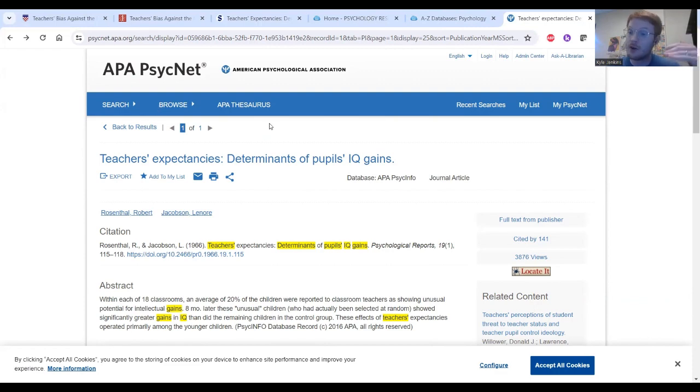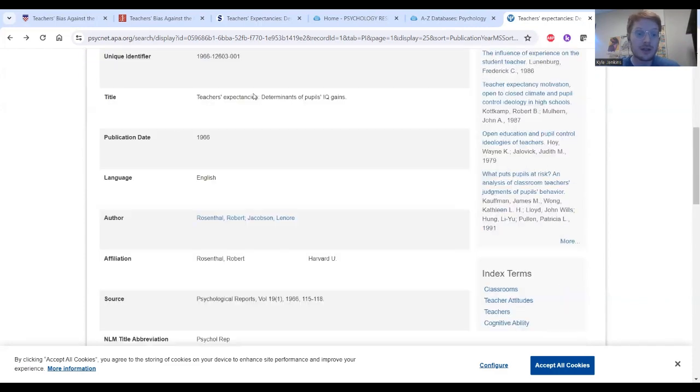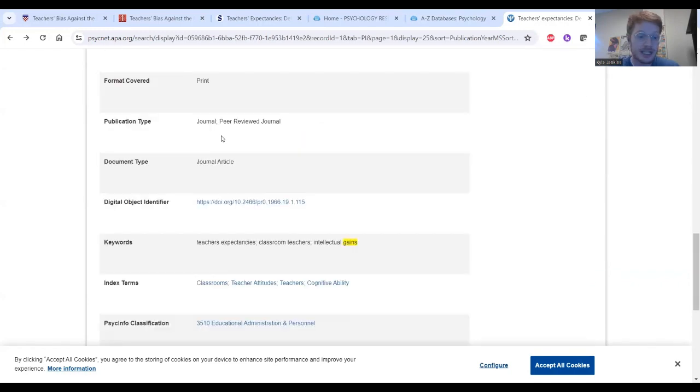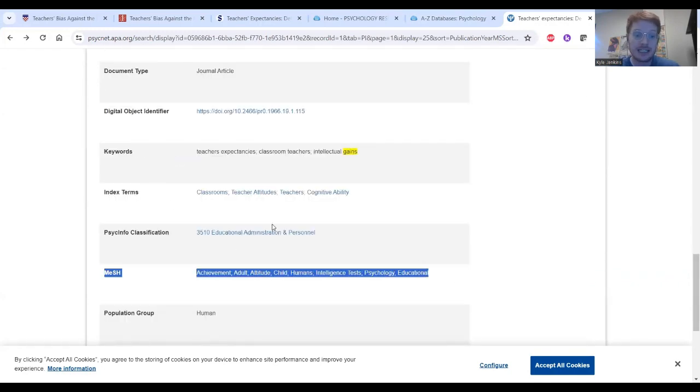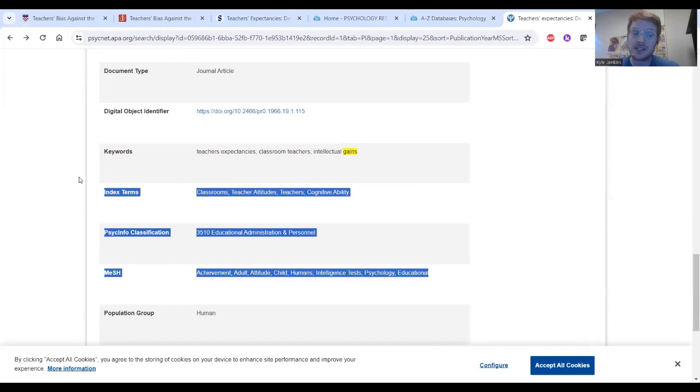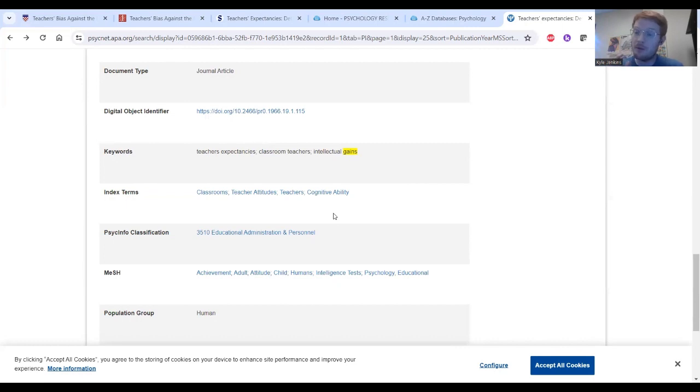Or if you'd like, from these article pages, you can scroll down, especially in PsycInfo here, to find these listed terms. Now, these aren't necessarily just keywords where you're trying to search through the entire article. These are terms that are pulled out by authors, by database providers, where it's a little bit more of a controlled vocabulary for them to say, here is definitively, using a shared common vocabulary term, what exactly these articles are